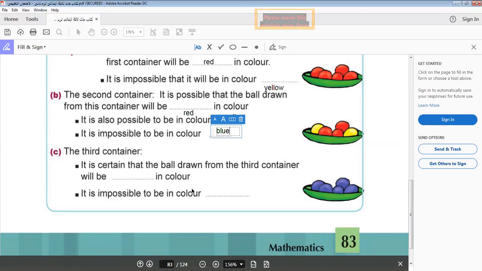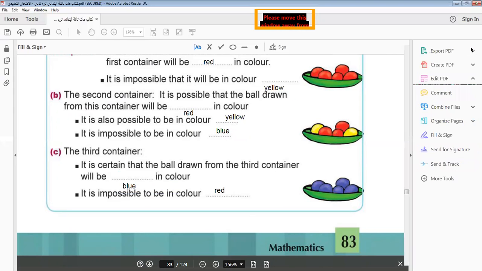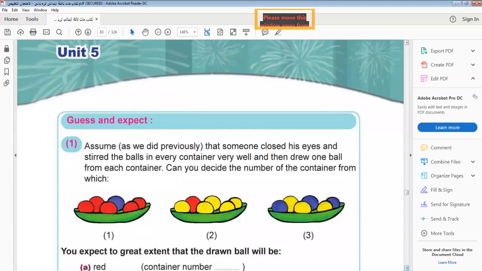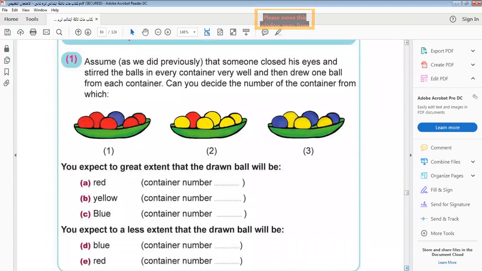Any other color. The third container, it's certain that the ball drawn is blue because all of them are blue. It's impossible to be red in color. Okay, so that's page 83. In page 84,